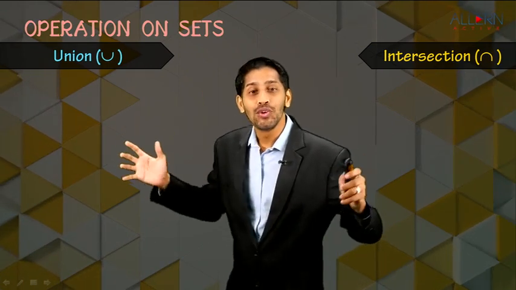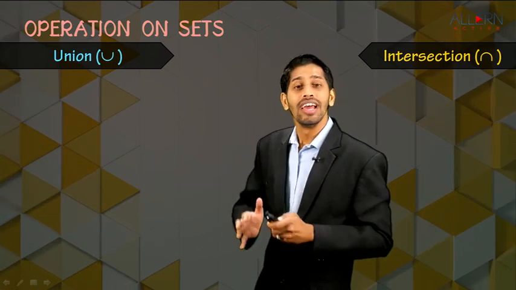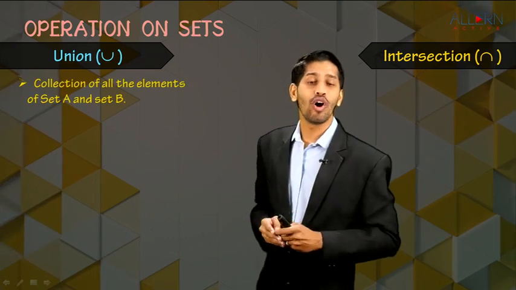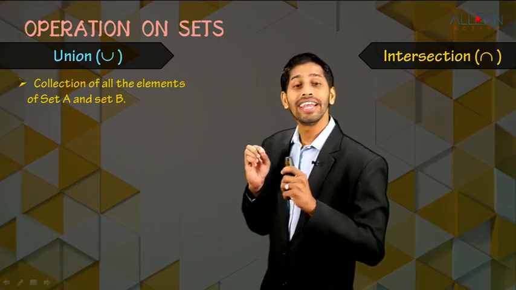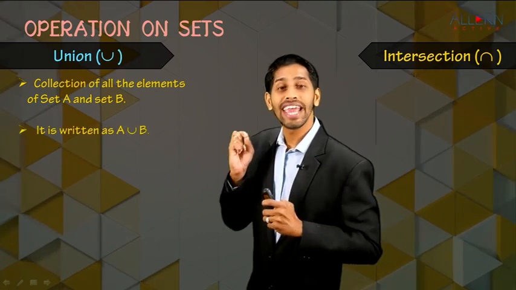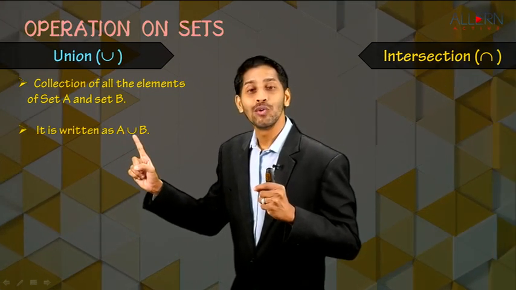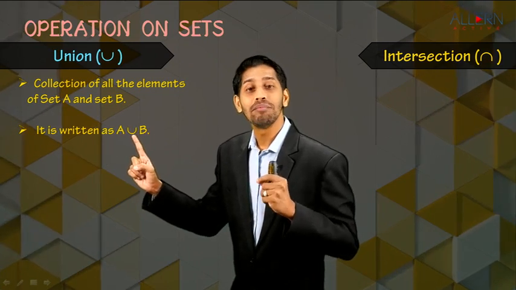So first of all, let's understand what we mean by union. By the name, union means it is nothing but the collection of everything. So the definition is: the collection of all the elements of the sets A and B is called a union. If two sets are A and B and we have to find the union, it is written as A, then we put the sign of union, B. So we write A union B, where this is the symbol of union.